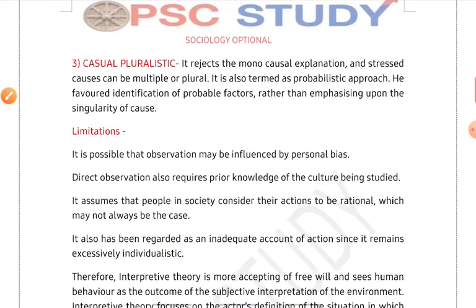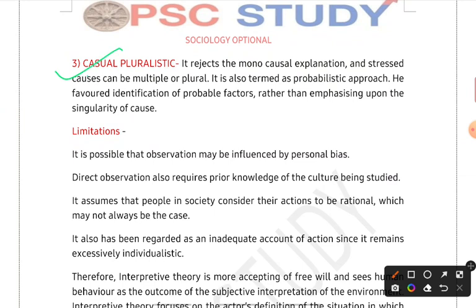And the third method he mentioned was causal realistic, meaning no monocausal explanation can be there for a particular understanding of that institution. There can be many different views or explanations, or meanings, that an actor can attach to that institution based on the situation that is prevalent there. So there cannot be one monocausal explanation.